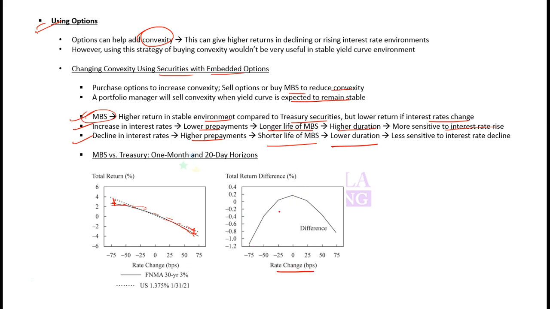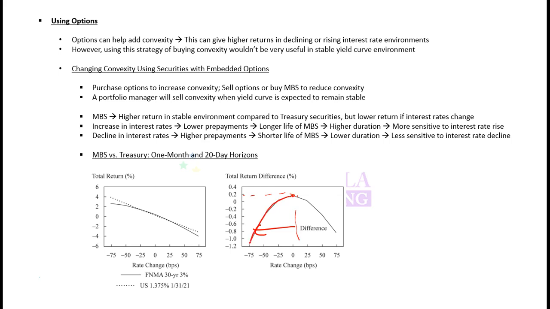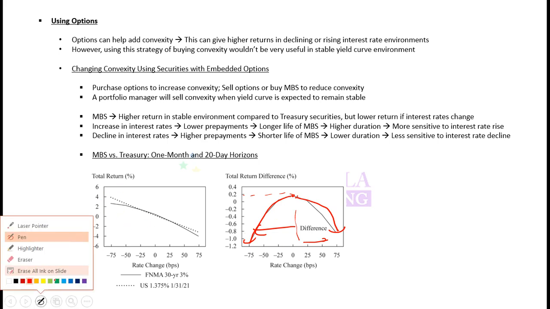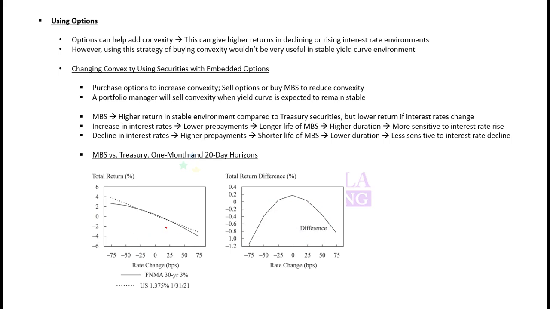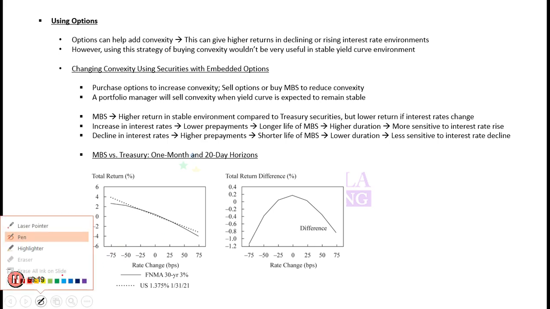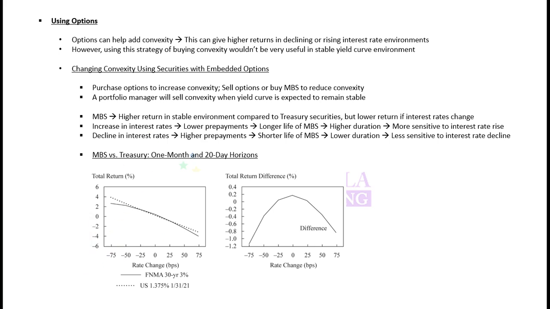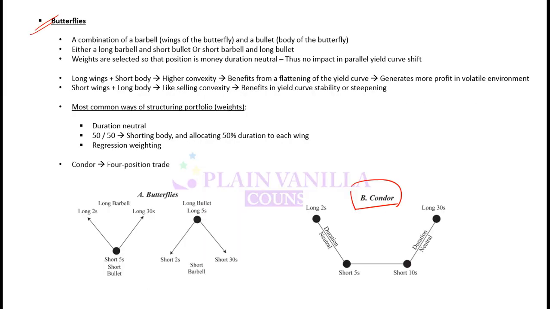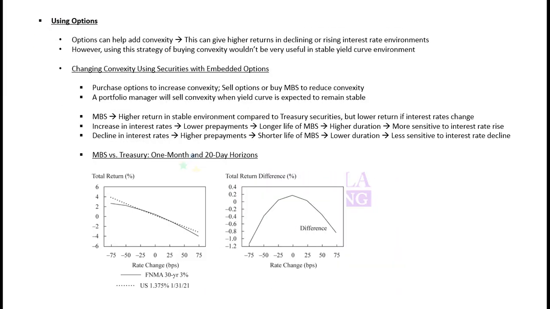If there is no change in rate, the return difference is approximately 0.2 if there is no change. If rates decline, this is the difference, and if rates increase, this is the difference. That is the difference between treasury yield and the mortgage backed security, that is MBS. So this is about this section. Moving on to next section, that is